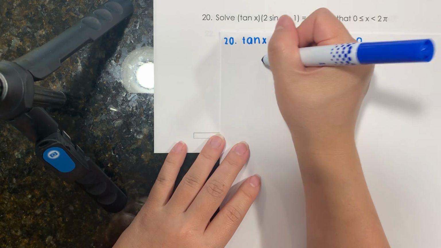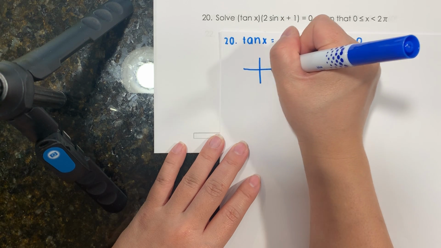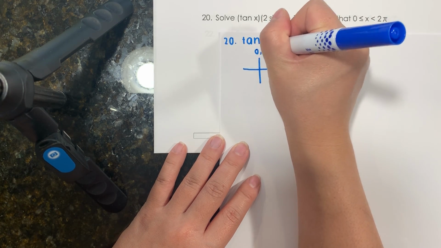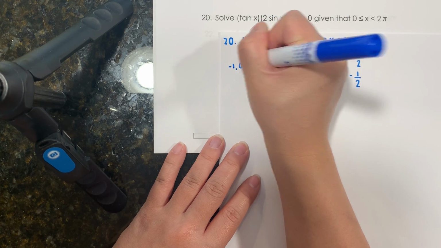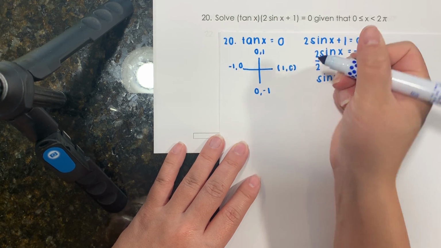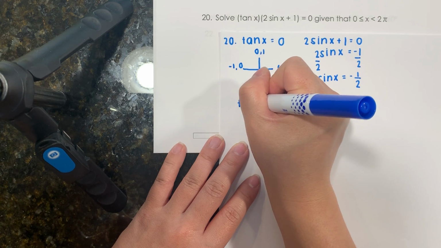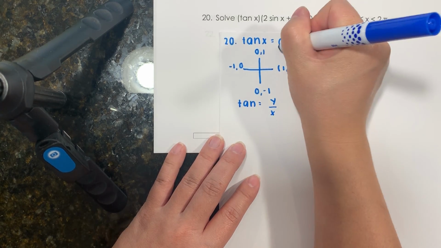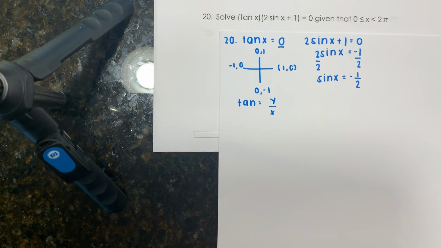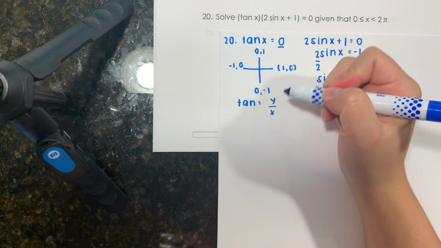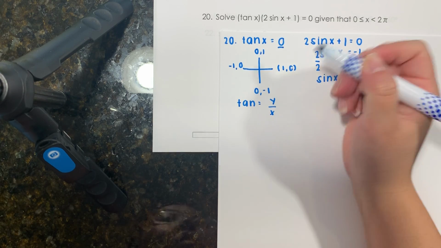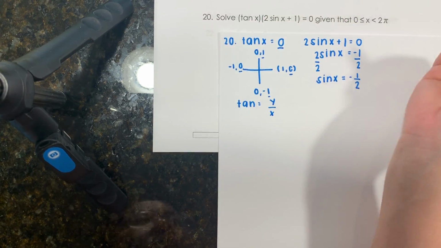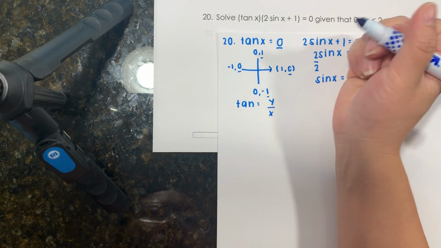For this one, I'm going to end up using the unit circle. So 1, 0, 0, 1, negative 1, 0, 0, negative 1. And tangent is equal to y over x. So the only way for it to be equal to 0 would be for the y to be equal to 0. So I'm going to underline all of my y coordinates, and look, the y coordinate is only 0 at